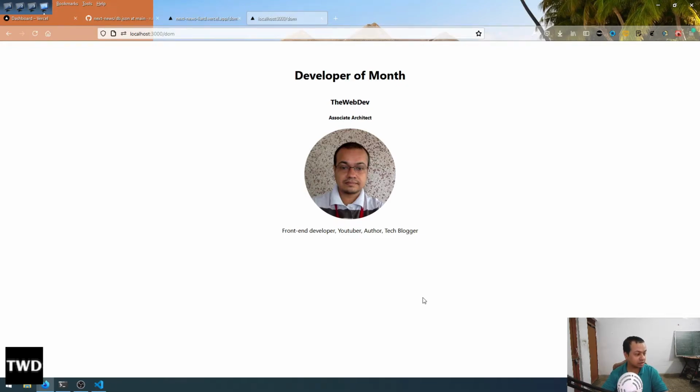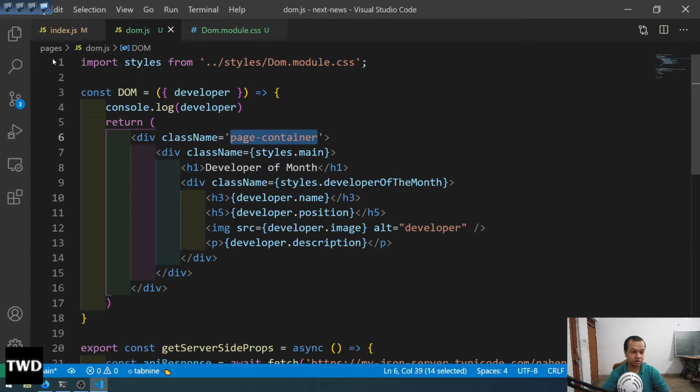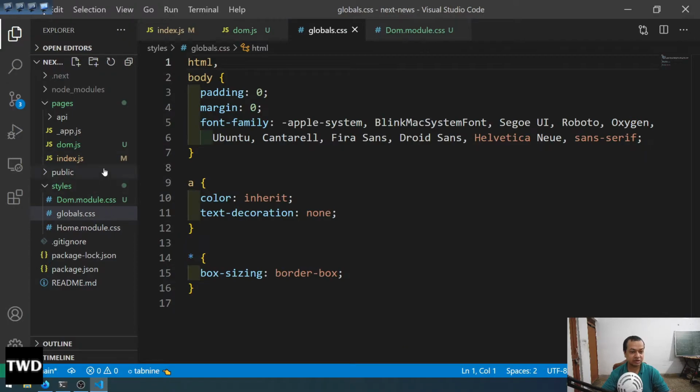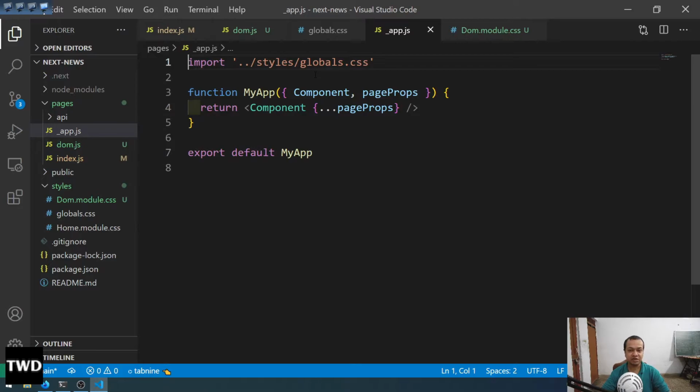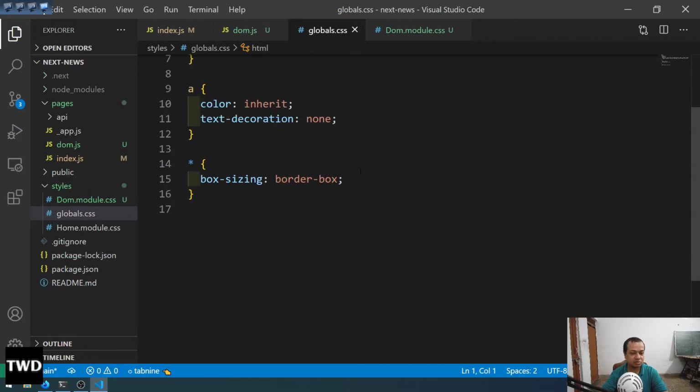Okay, as I've told earlier, this thing we will put in the global. As I've told, that module thing also means we are not using a module, we can just put it anywhere, we don't even have to import it. Anyways, if you put anything in the global css, it is used in the app.js file, and the app.js file is the starting point for a Next.js app, means it will be applied to everything, every component. So global css will come down,